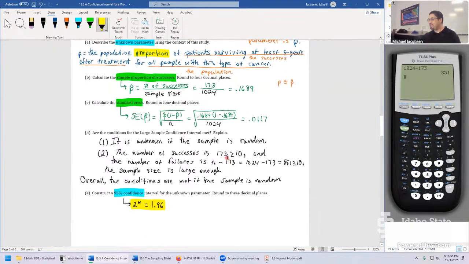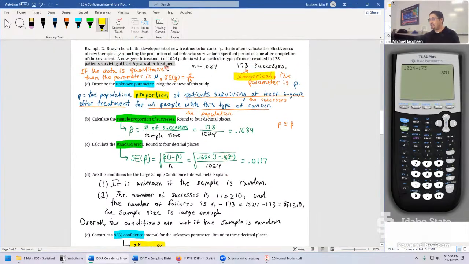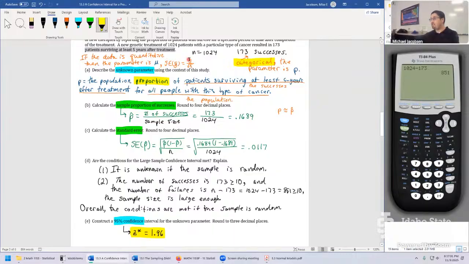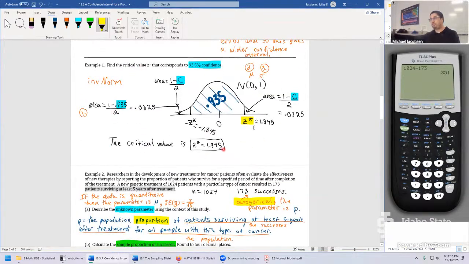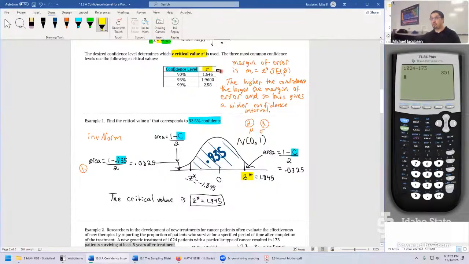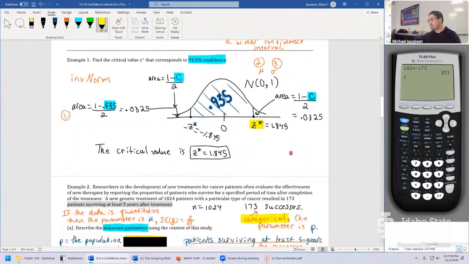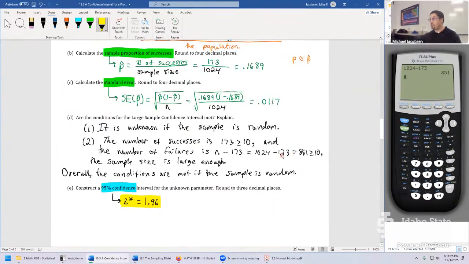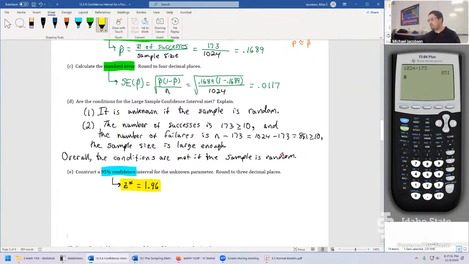But what's not so nice is if the data was quantitative, there was a mu in the problem, when we calculate this different standard error, you have a T star instead of a Z star, and you have to calculate that one from scratch every single time. So inverse norm depends also on the sample size. That's why this is a good problem to think about, because it's only in this section we have a table. For quantitative data, there is no nice table like this. We'll compute it from scratch from the calculator, re-looking at that idea from before.